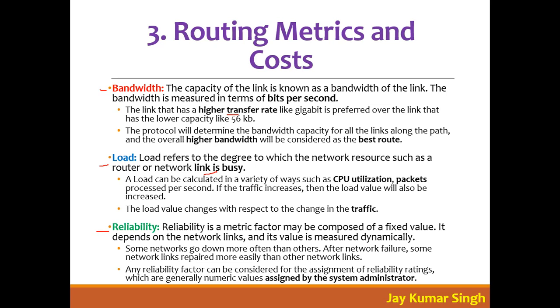Then reliability. Reliability says which link is reliable. Reliable means, you know, some link is coming up, going down, coming up. So the router automatically finds the reliability of the link according to the link status, from how long the link has been up or down. Suppose one link has been up for the last 10 months, or maybe the last one month, but another link is fluctuating, going up and down. The router will automatically find that this link is reliable and this link is not reliable. So it automatically gives numbers for the reliability of the link.